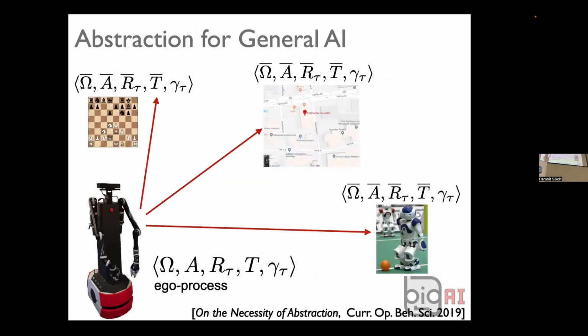And so if there's one thing that I want you to take away from the talk, it's this notion of abstraction for general AI. If you've got really complex input and output spaces, as you do with a robot, the way to get to the rest of AI is to build these abstract models of the decision process for each task in a task-driven way, that are massively compact and capture the essence of the task for the robot, and then apply an algorithm that matches the structure of those decision processes. And if you can do that, then you get all the other benefits of AI.